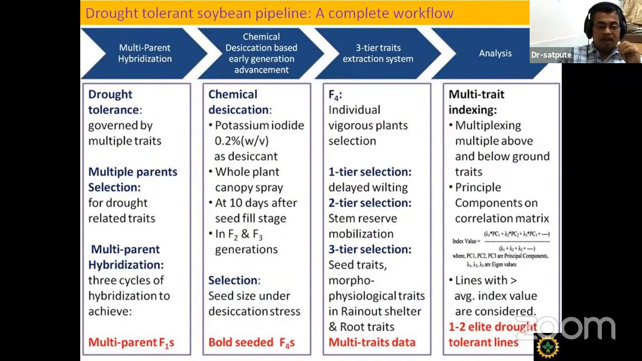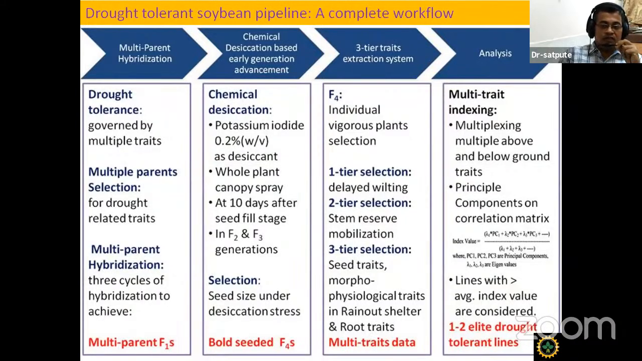And finally, in F4, what you will get are the bold seeds. In this F4 generation, we follow individual vigorous plant selection, in large numbers. In the coming generation, like in F5, we follow a three-tier trait extraction system. In the first tier of selection during summertime, we go for delayed wilting trait screening, followed by the rainy season,